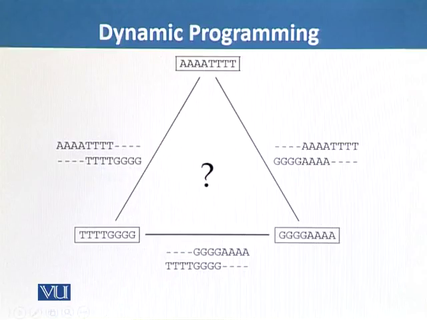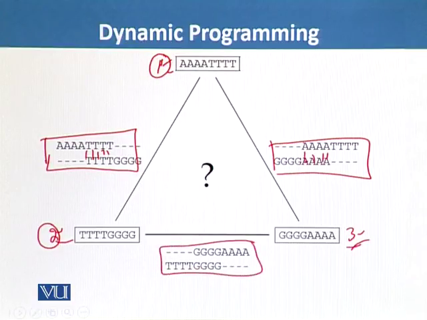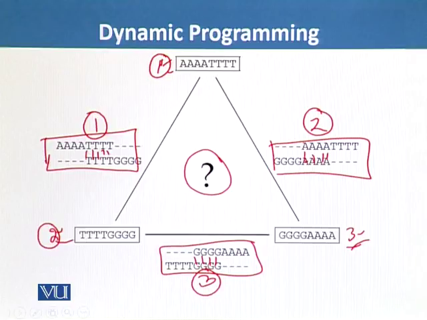But this is not the case for all pairwise alignments. For example, here we also have 3 sequences, number 1, number 2 and number 3. If we get the pairwise alignment for number 1 and number 2, we will get it very easily. These are aligning with each other. For 1 and 3, this is the pairwise alignment, and for 2 and 3, this is the pairwise alignment. But in this case, if we compare all these 3 pairwise alignments, we cannot get the multiple sequence alignment.